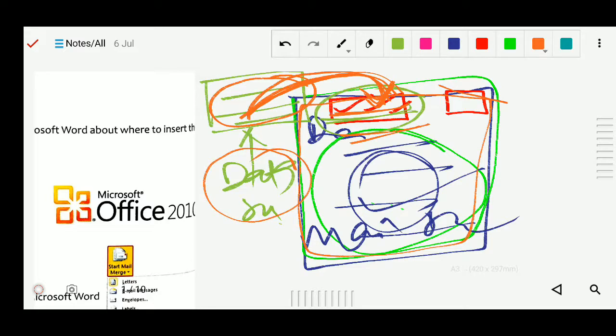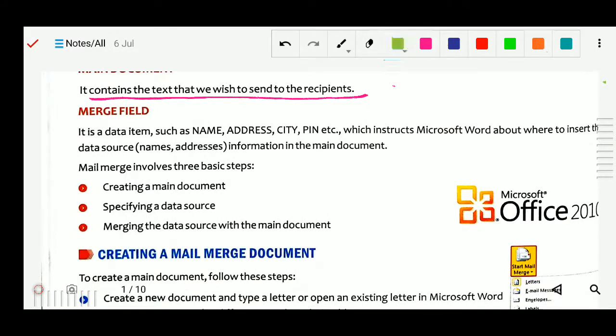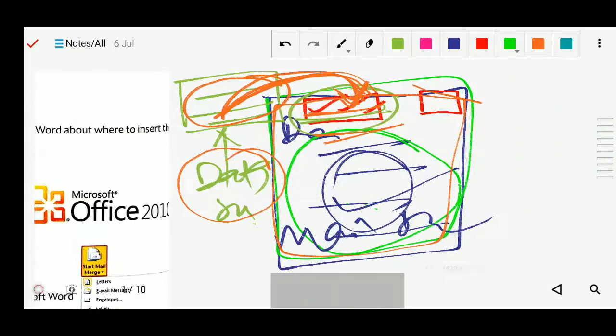Okay, so there are three basic steps that we will study. The steps are: first, creating the main document; second, specifying the data source; and third, merging the data source with the main document, as we have done here.